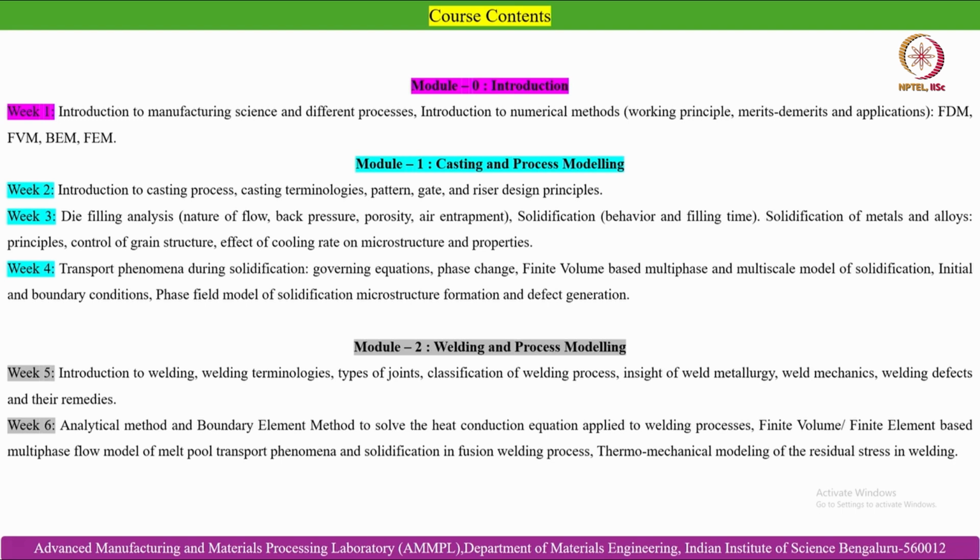And once we are done with the casting module, we will move to the second module of the course, which deals with welding processes and analogous process modeling aspects. So in this module we will discuss the different kinds of welding processes, different kinds of joints, classification of welding processes, insight of weld metallurgy, weld mechanics, weld defects, and also we will discuss how we can alleviate the defect formation, or minimize the defect formation tendency during welding assisted